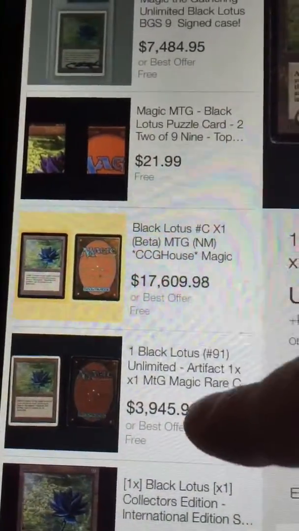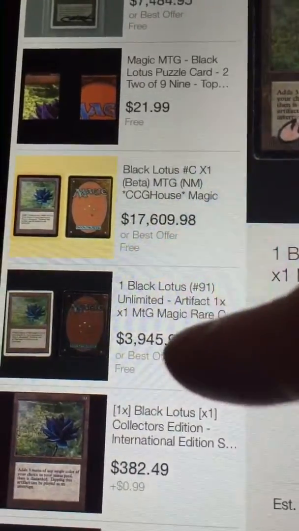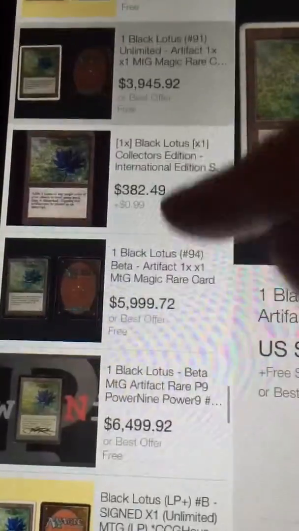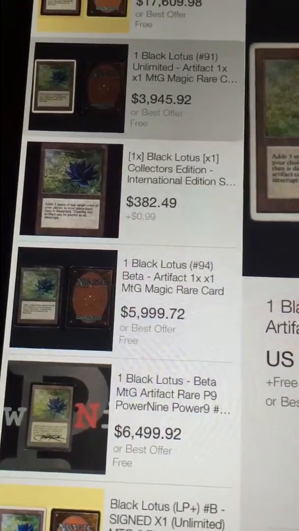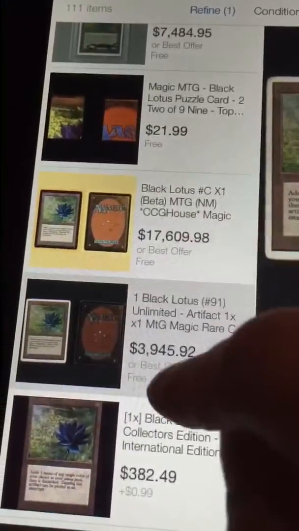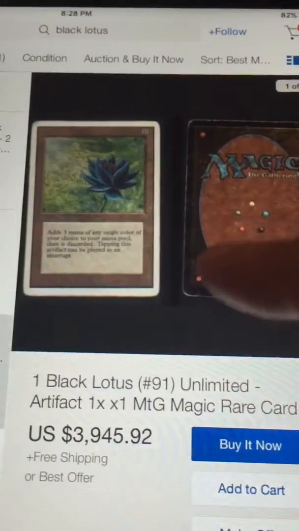And of course, $3,000. Black Lotus is a $2,500 card, not a $3,900, almost $4,000 card. I mean, this is just ridiculous. And I hope, when collecting cards, condition is everything. It is literally everything. That's why, let's say you buy this card. Okay, I clicked it and it's on the screen here. You buy this card. Okay, let's say if this was a reasonable price, say with the condition,